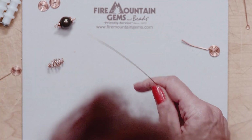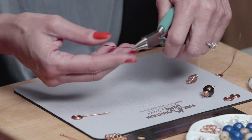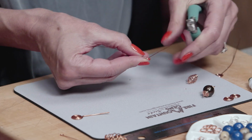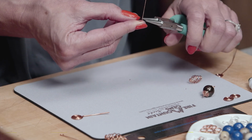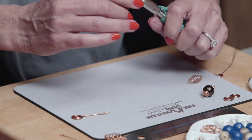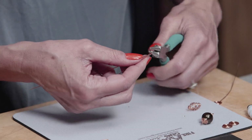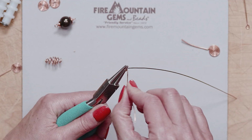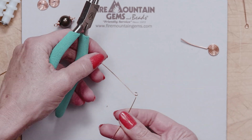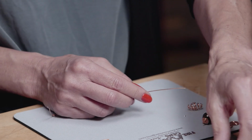All right. So we're going to start with a loop with our round nose pliers and probably give ourselves a good 3 inches or so as a tail. So I'm going to bend this backwards at 90 degrees. And you can use another pair of pliers, or the wire's soft enough. This is dead soft wire. I'm going to wrap this around, and you can see I can't complete my loop, but I'm just going to turn this 90 degrees and pull this up so I have an L and a loop at the end of it. I'm going to thread my bead on top,